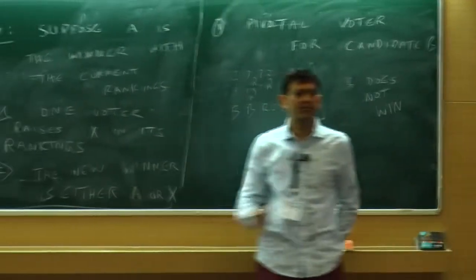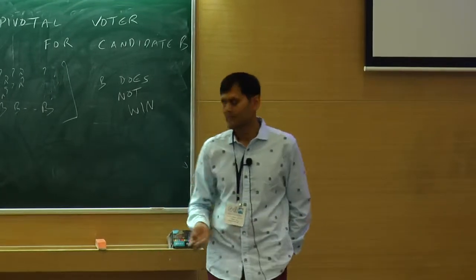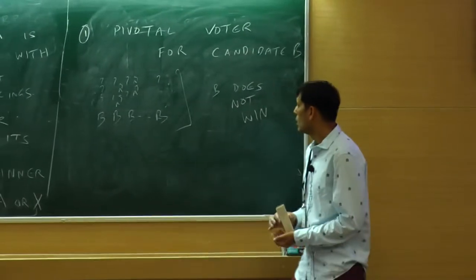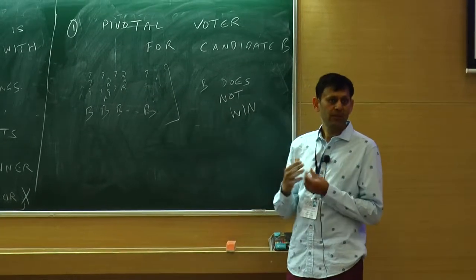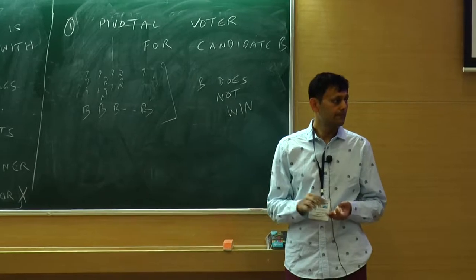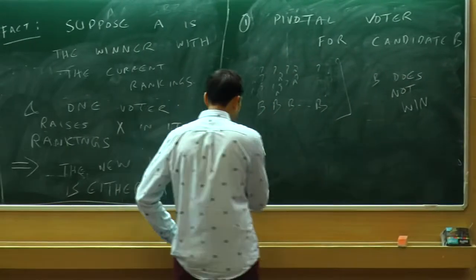If B is the winner and I'm raising A, then either B will keep winning or A will win. Right? So B does not win here, but if B is at the top, then B is definitely going to win. So what that means is there's going to be, if I just focus on,